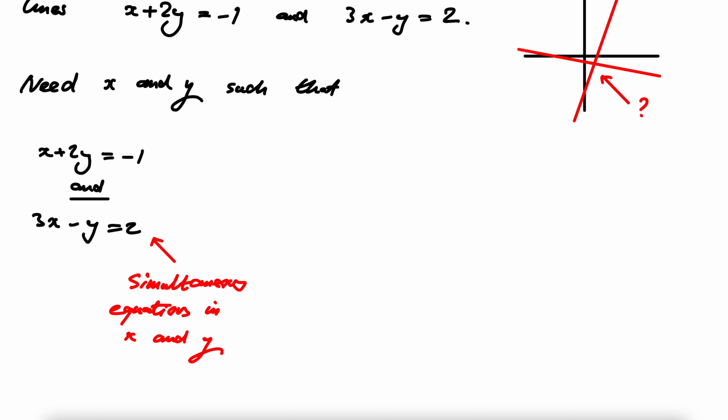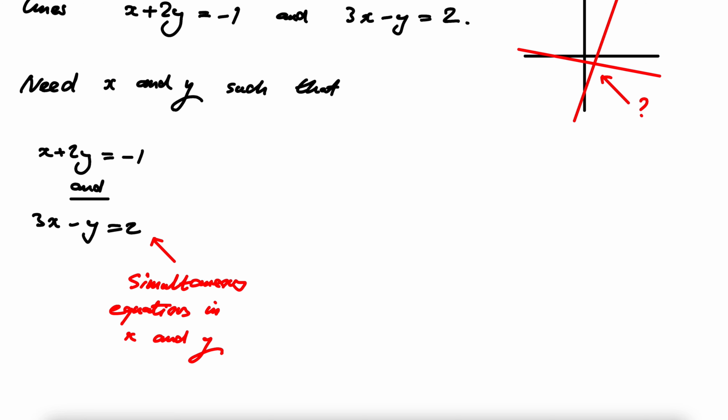So it's important that we are able to solve a system like this because they kind of turn up quite frequently. And it's nice that we can think about it geometrically as an intersection of two lines, but let's try and solve this algebraically. So here's the basic approach to doing this that I would recommend. So first of all,